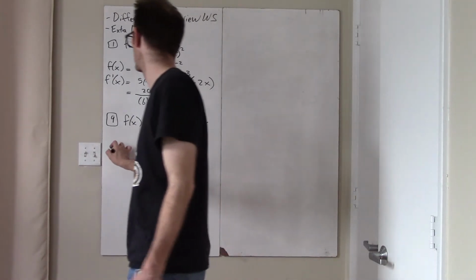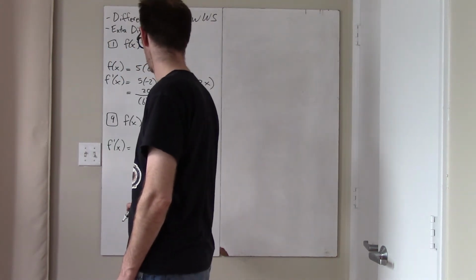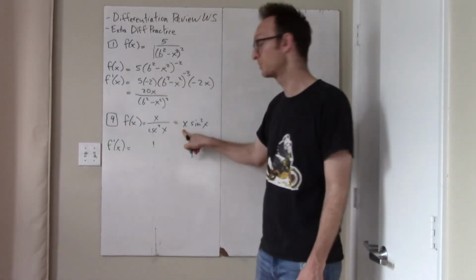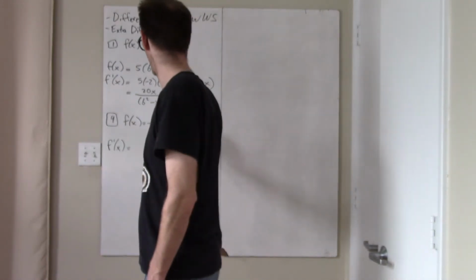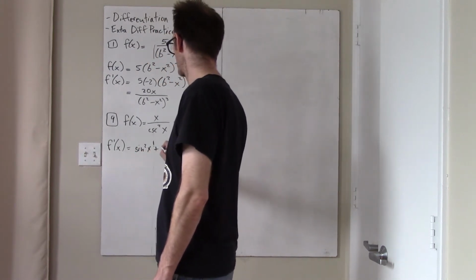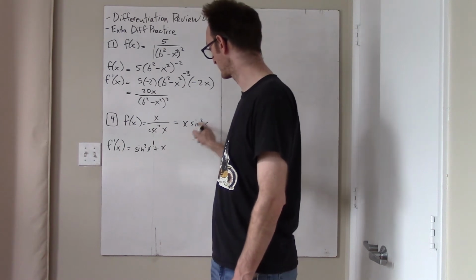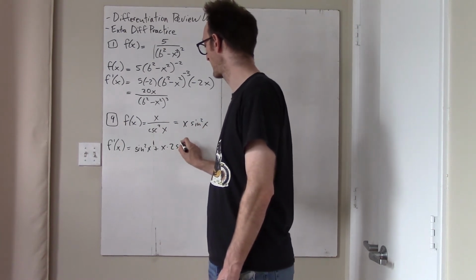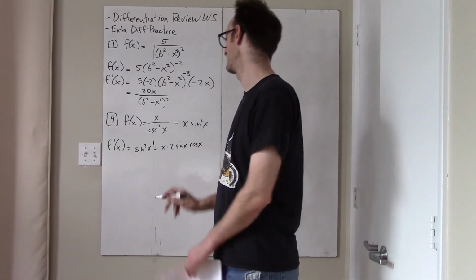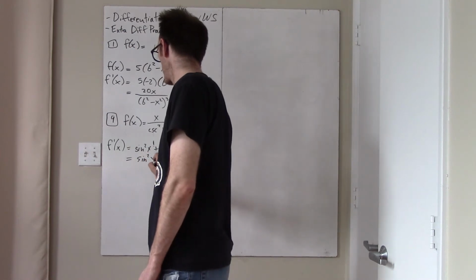So a similar kind of theme. And so the derivative of this is just going to be, via the product rule, derivative of the first times the second, so 1 times sine squared, plus the first times, what is the derivative of sine squared? Well, the derivative of something squared is 2 times something to the 1, times the derivative of the something back inside, and so we get this. And so final answer, sine squared x plus